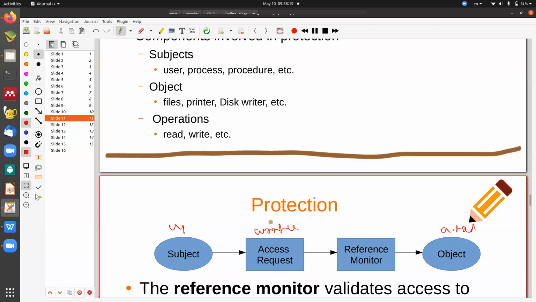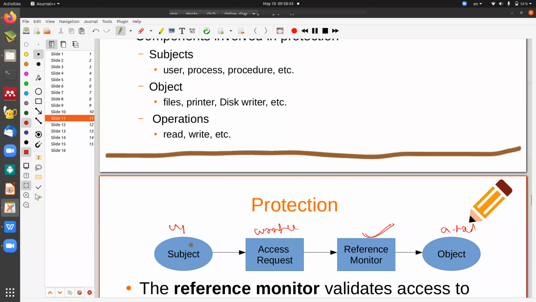U1 has made a write request for an object called a.txt. Then whether it is allowed or not, who will take the decision? That decision has to be taken by a reference monitor, which is provided by the operating system. The reference monitor is nothing but a software